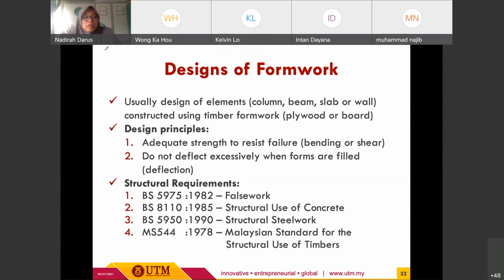Okay, usually design of formwork relates to the design of elements such as column, beam, slab or wall constructed using timber formwork, either plywood or timber board. The most important thing we must remember is the design principles. We need to ensure adequate strength to resist failure, either in bending or shear, and ensure that the formwork does not deflect excessively when forms are filled. Meaning during the concrete pouring,